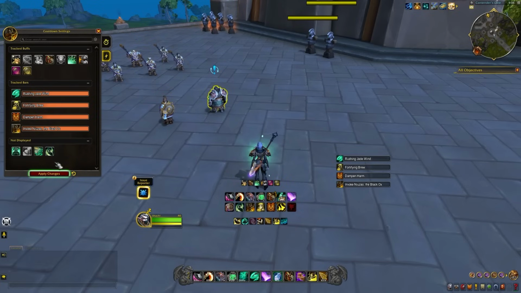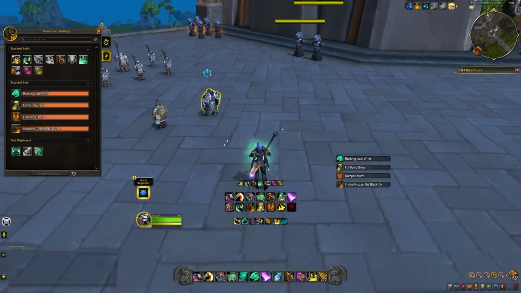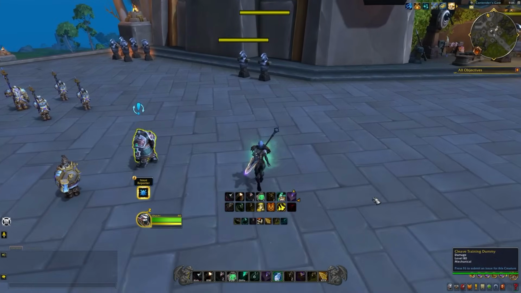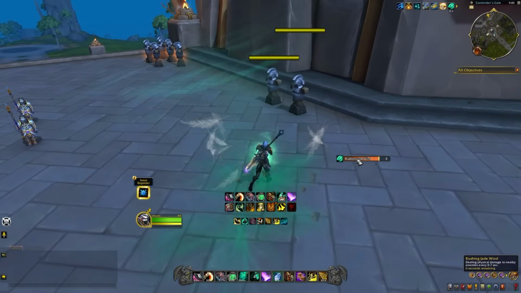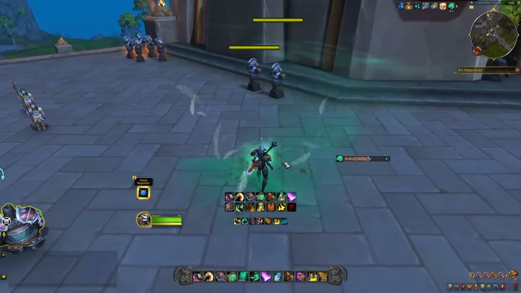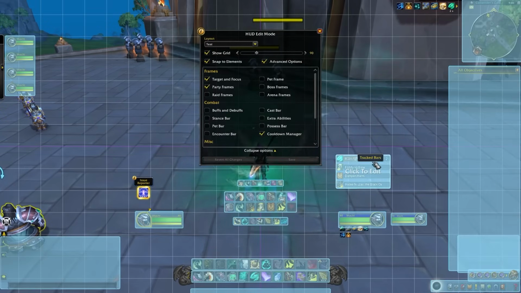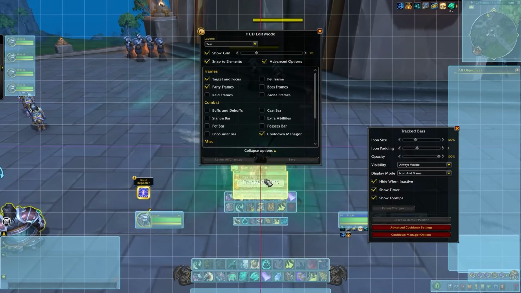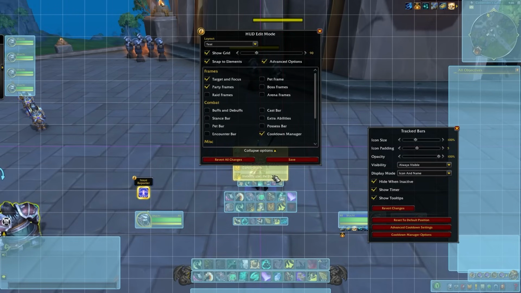You can actually then remove this into being not displayed, or you can just make this a regular buff. So if we apply these changes, now when I hit Rushing Jade Wind, you're going to see this as a progression bar, and now you can drag and drop this wherever you'd like in your UI by just moving this around. So if you want to move it to a more centralized location, you can do that,